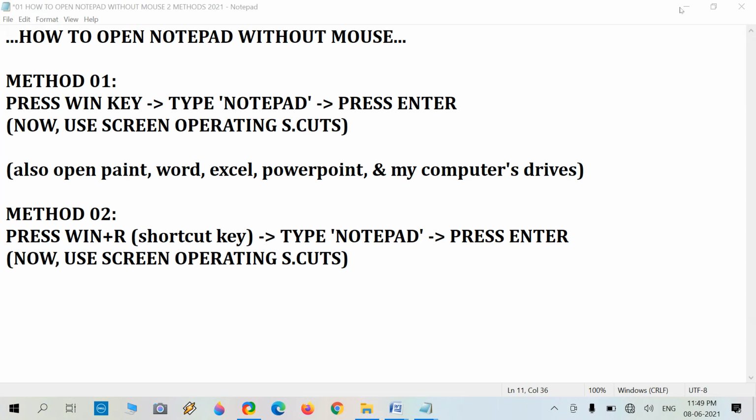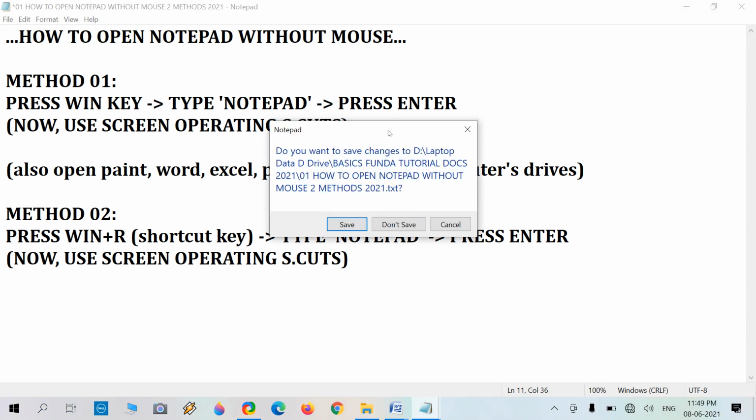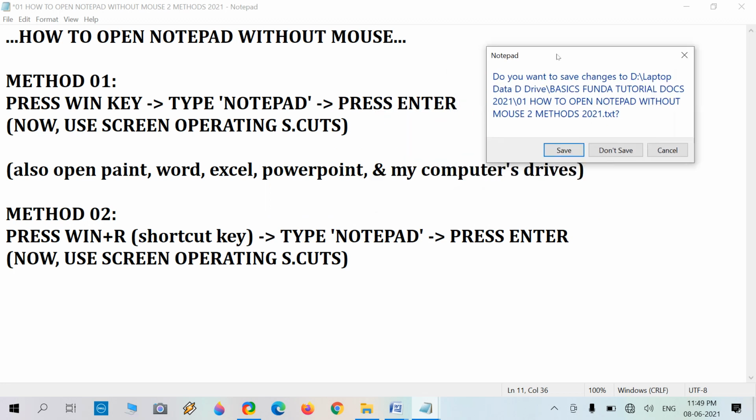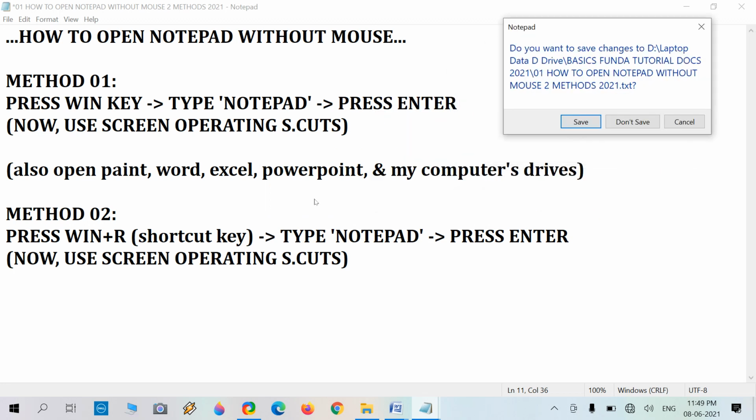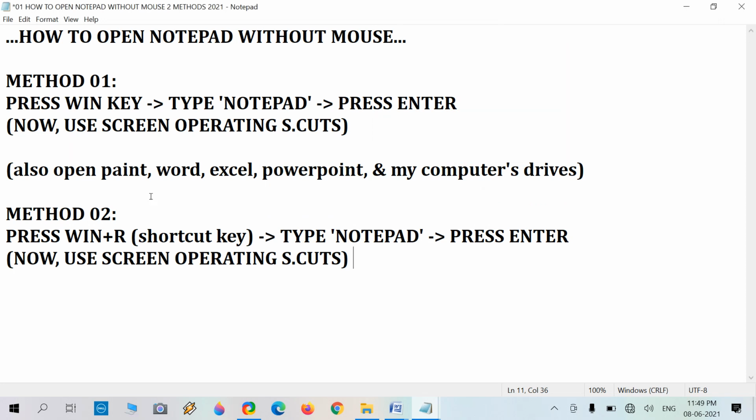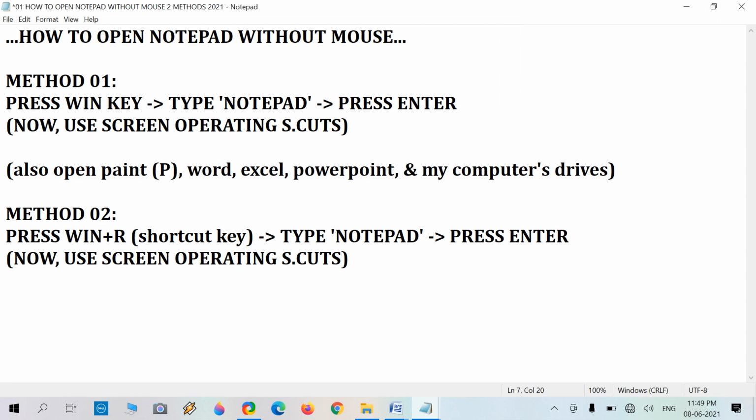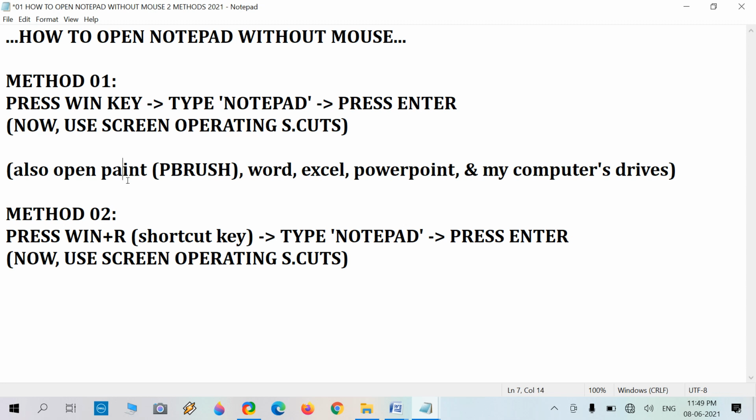Now move on to close this screen also. Word, Excel or PowerPoint can also be opened through these steps, like Window R, and for Paint we type PBrush. PBrush is used in the Run dialog box, and it will open the Paint window.